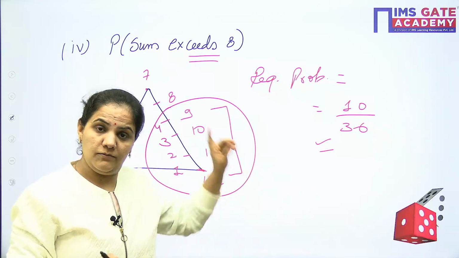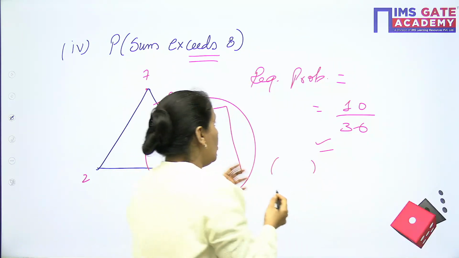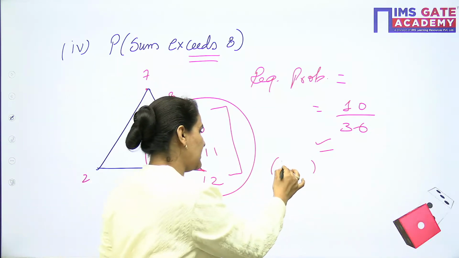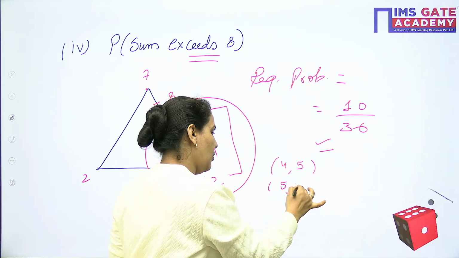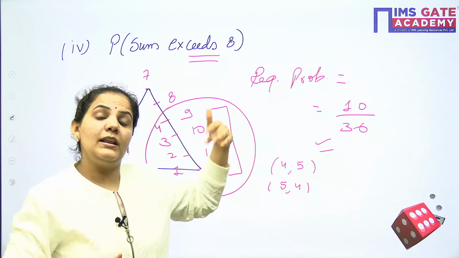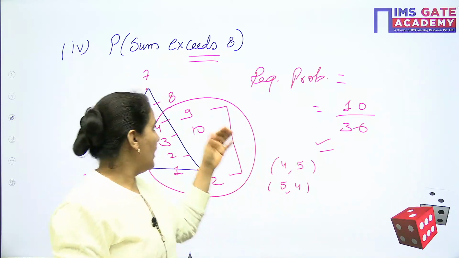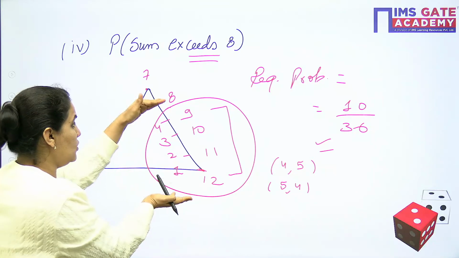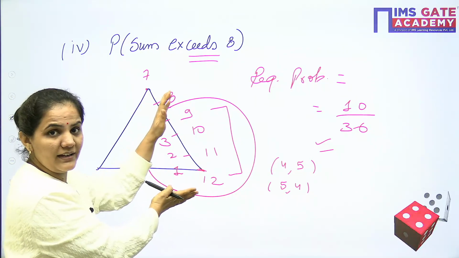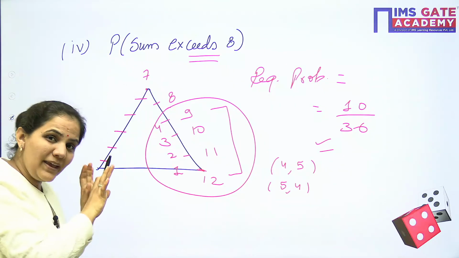If you follow the basic method for this particular question, you have to write down here, when the sum is 9, when the sum is 10, the cases 4, 5, 5, 4, 5, 5, 5, 6, then you have to count, then you will approach the result. But here there is no need to write down like that. You have to frame a small triangle, and whatever the requirement, you can proceed accordingly. There is no need to make the complete triangle.